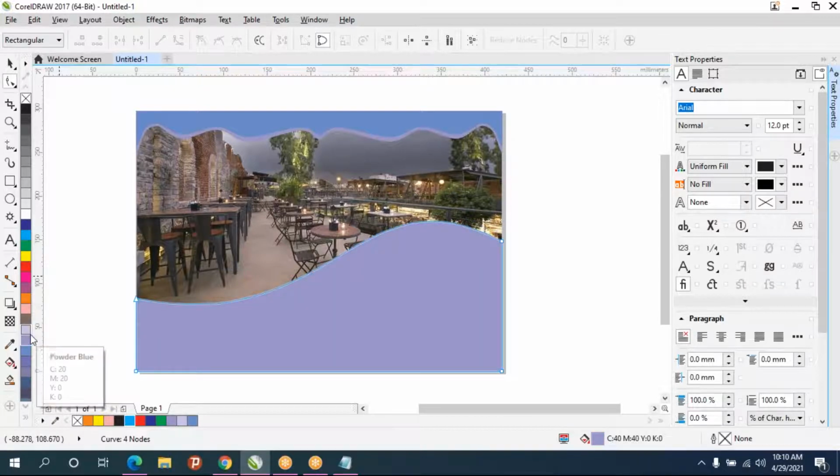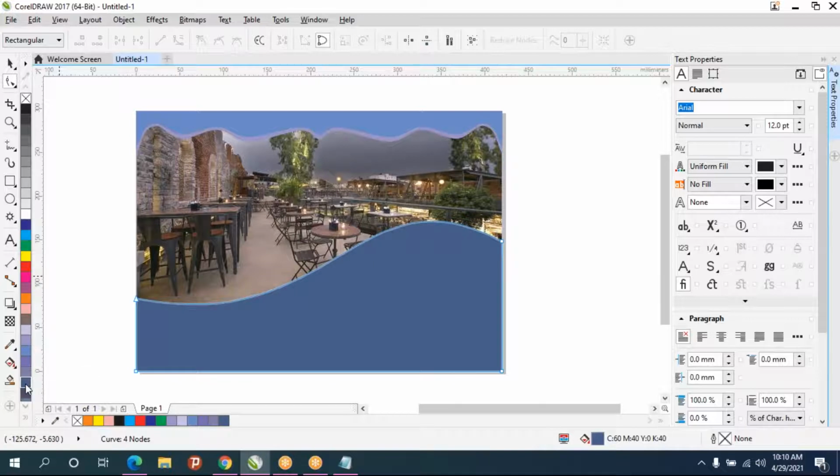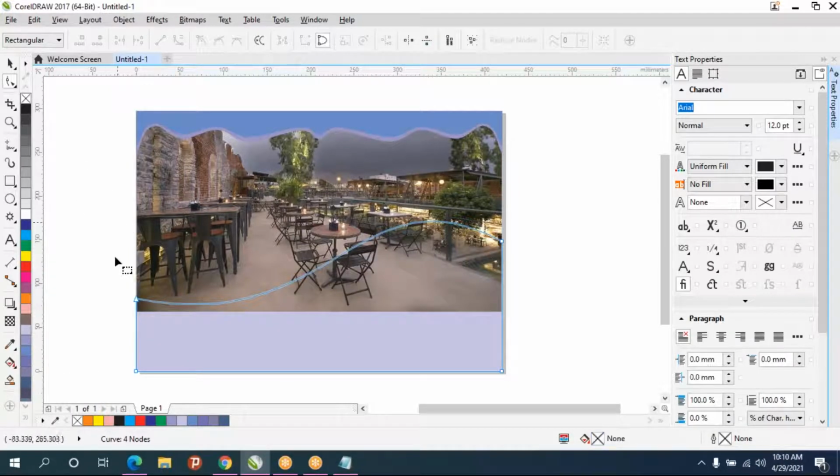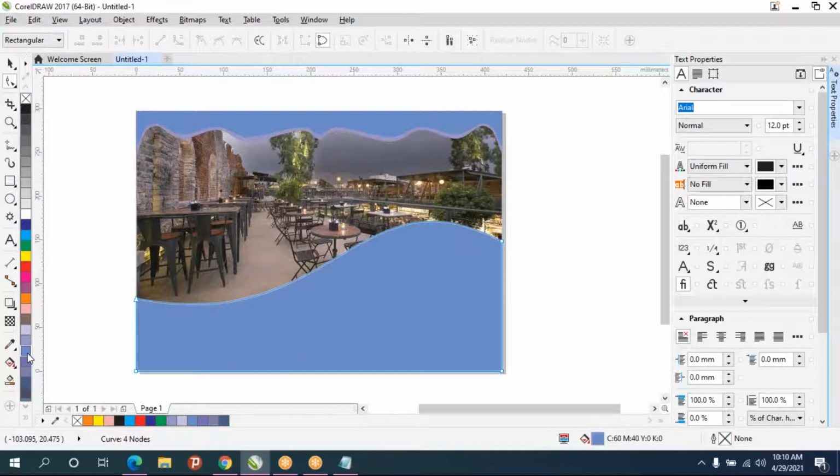So these colors always you can change whatever color you want. So these are only duplicated.